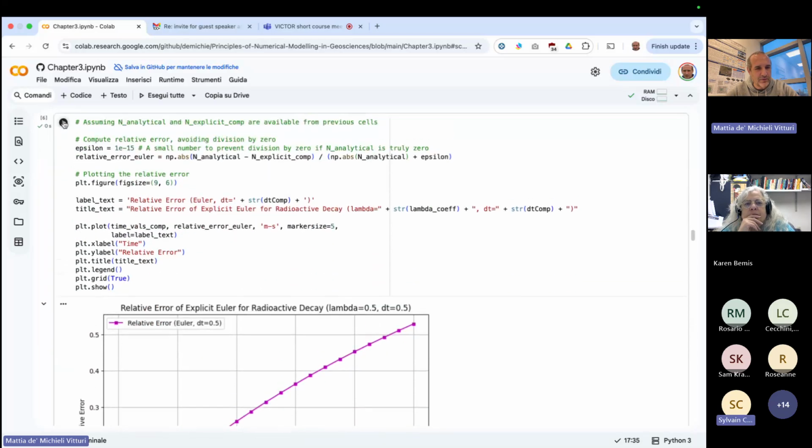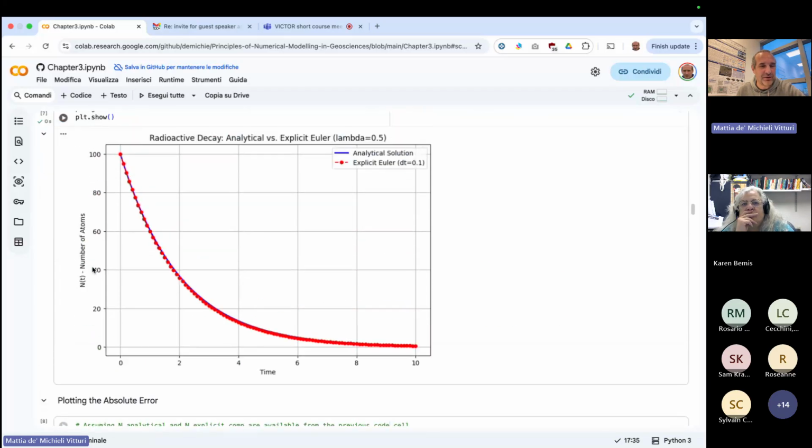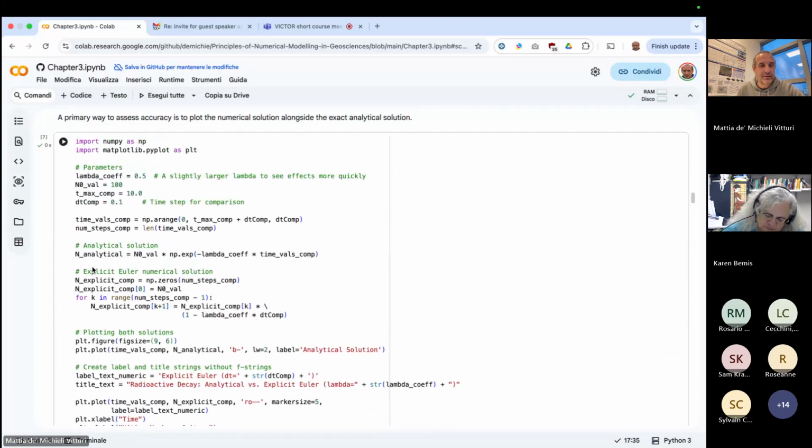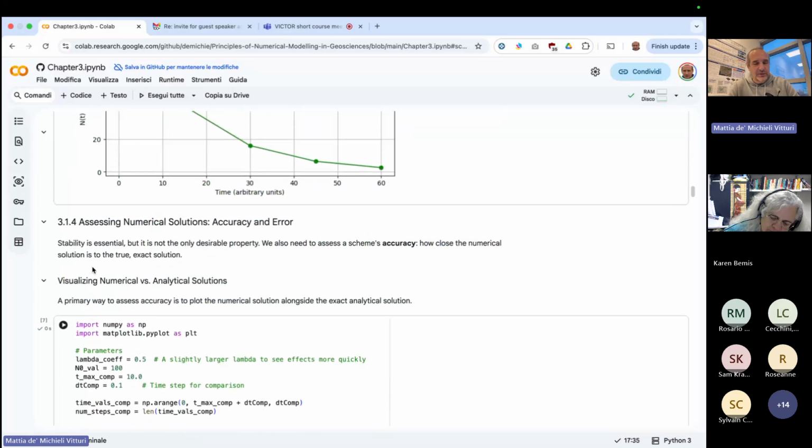Now let's see. And now you see that it was 0.5 something, now it's 0.12. So more or less the relative error decreased by a factor 5. So we decreased the time step by a factor 5, and the cumulative error also decreased by a factor 5. And this is because the